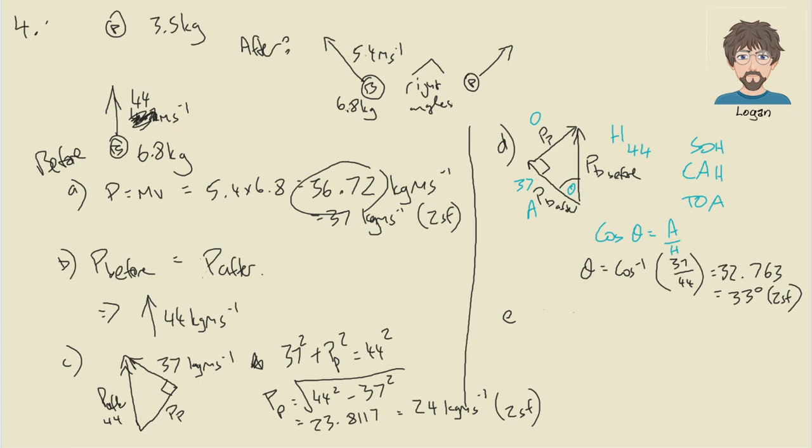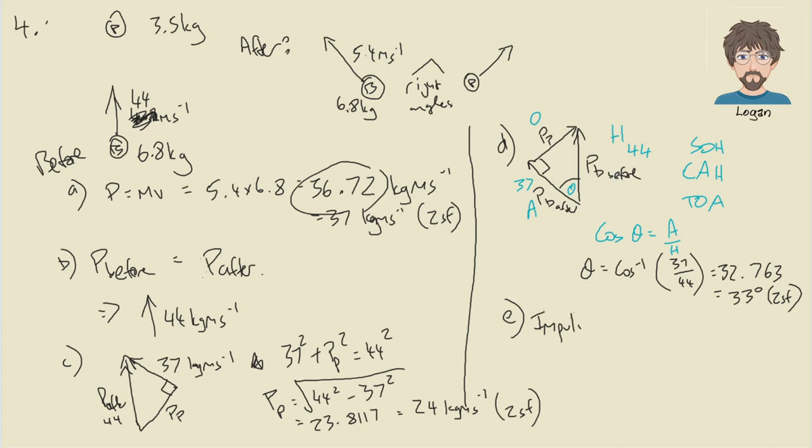Part E. Explain why the size of the change in momentum of the bowling ball is the same as the answer to C. What? Calculate the size of the momentum of the pin after the collision. Explain why the size of the change in momentum of the bowling ball is the same. Oh, okay. So it's asking, part C was the momentum of the pin. And the answer to this is